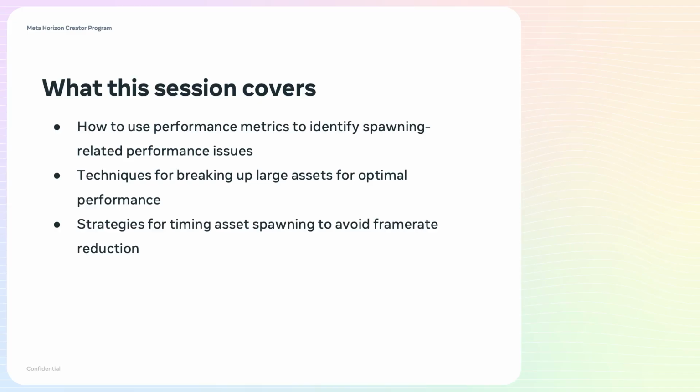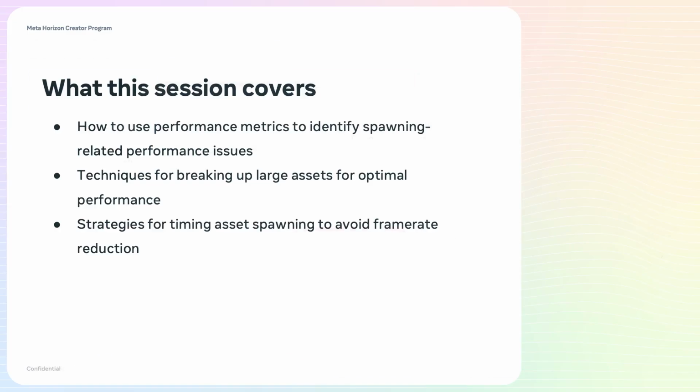You just see kind of like freezing happening whenever you're spawning your assets. Well, this session will cover what we can do for optimizing that and trying to remove the spikes as much as possible. I'll be covering techniques for breaking up large assets and strategies for timing asset spawning to avoid